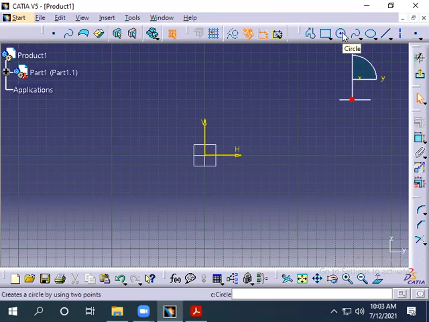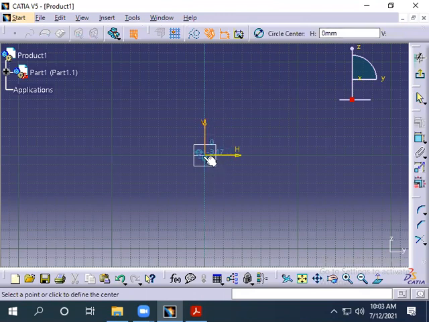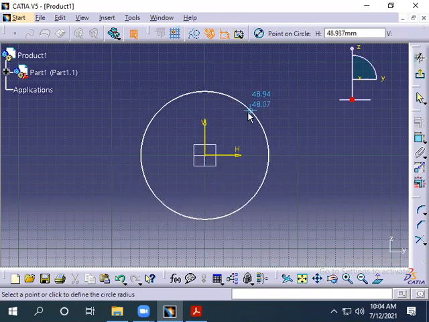You go to here, here you see circle. All those profile tab items you see here will have the standard geometries, entities. As and when I am moving to that origin, you see that dot inside the circle that indicates we are at the origin. Since it is asking to select a point or click to define the center, we have to define the center point. We have said that we'll take this origin as the center point for that circle. Once that dot inside the circle appears, you click and you move out to draw a circle.